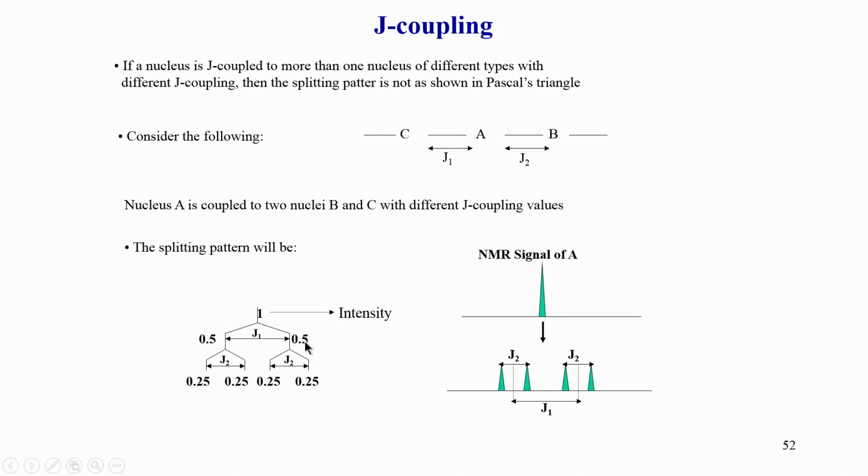So, it is 1:1. But then there is another coupling, J2, and that splits each of these peaks further into 2. You can see here that it has now become separate peaks. First it split into the dotted line here, and then each peak further split into 2 more. So, you get what is called a doublet of doublets. This is not simply a triplet. A triplet would have come if the values were equal, J1 equal to J2, but because J1 and J2 are not the same, it becomes a doublet of doublets. So, this is what happens if the couplings are not equal.